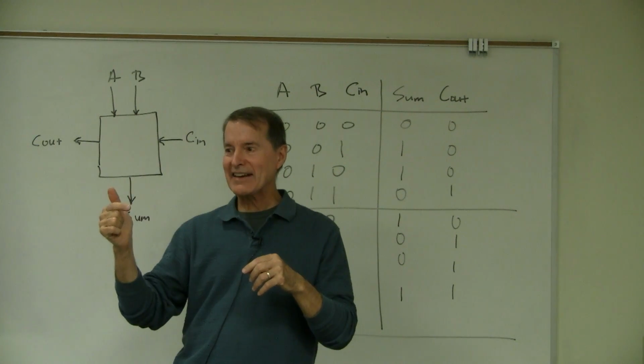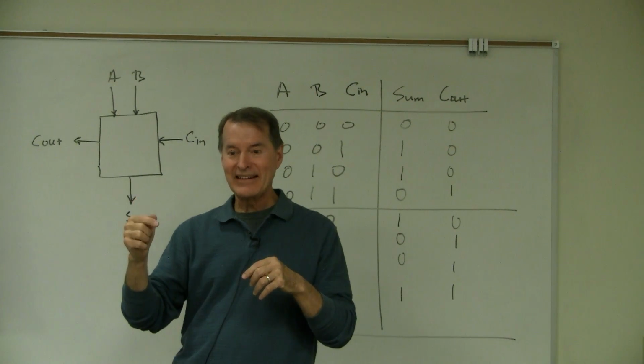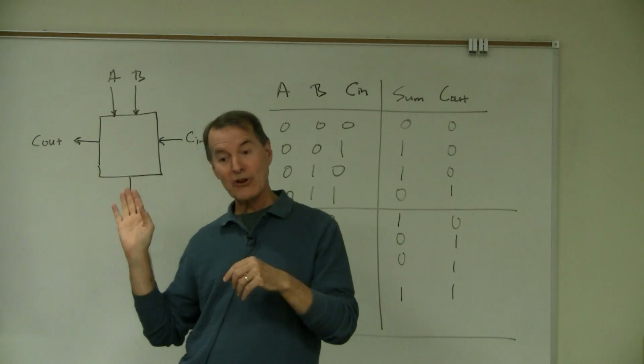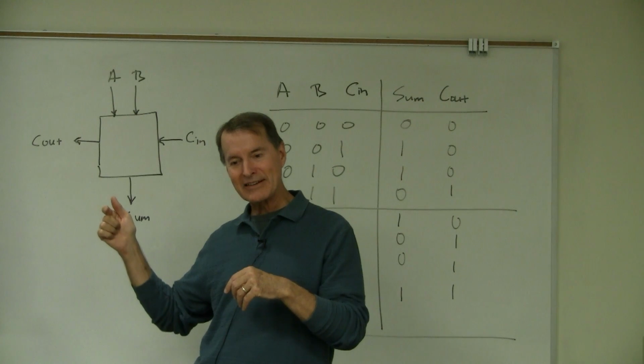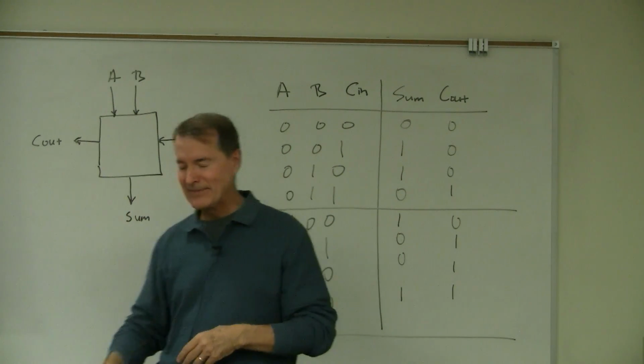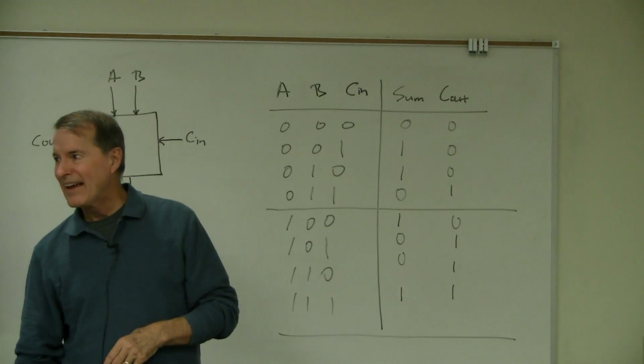So we take that control line and we just put a full adder on the right hand side, and we have the control line go into the carry in. That makes adding take twice as long